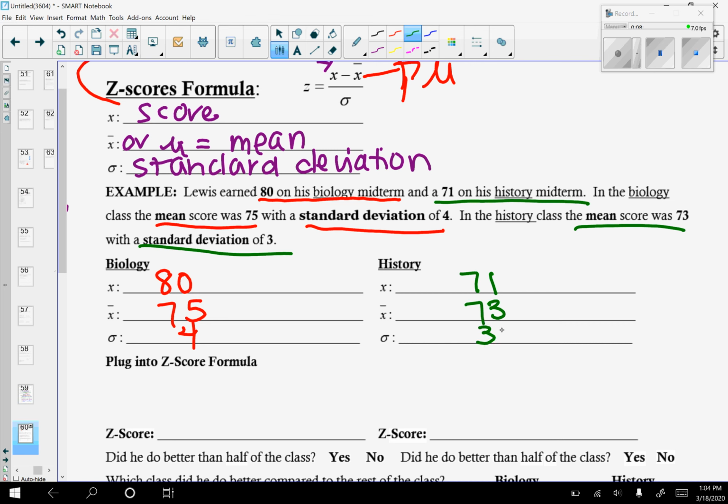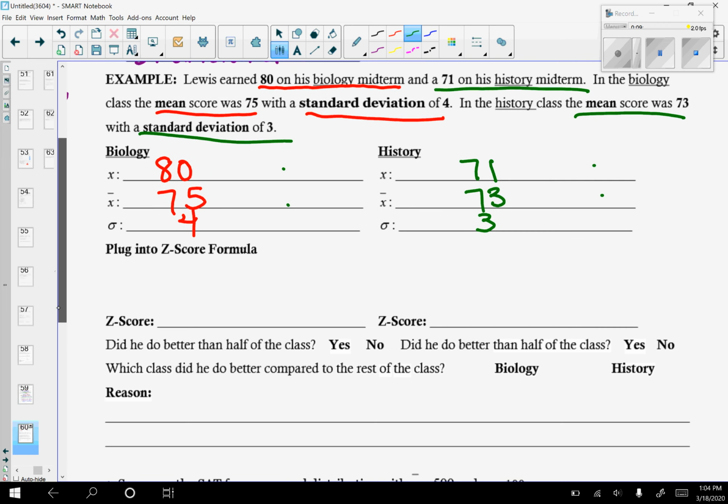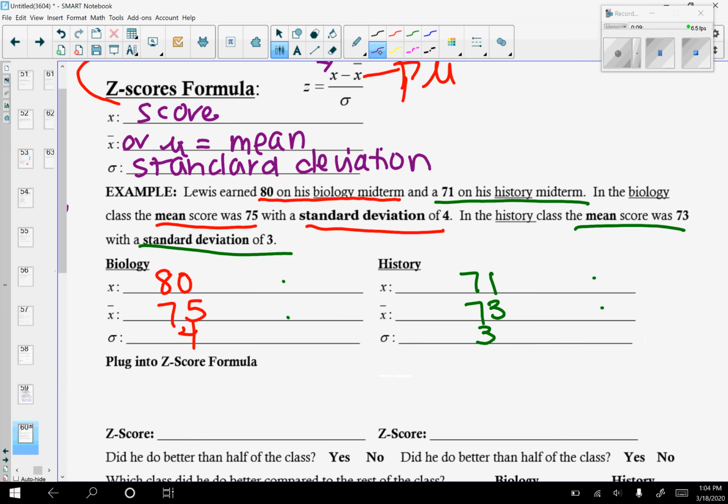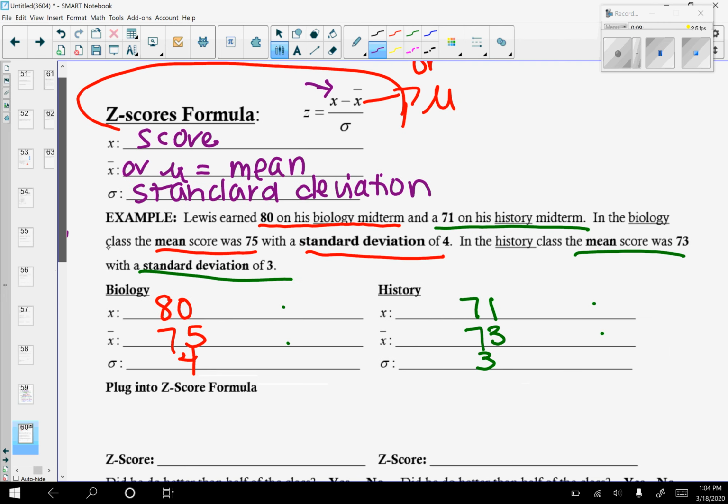Now, before we even get into the z-score, we can already tell that Lewis did lower than the mean here, and he scored higher than the mean here. But our z-score tells us by how much, and in what percentile he falls. So let's use our formula. Z equals